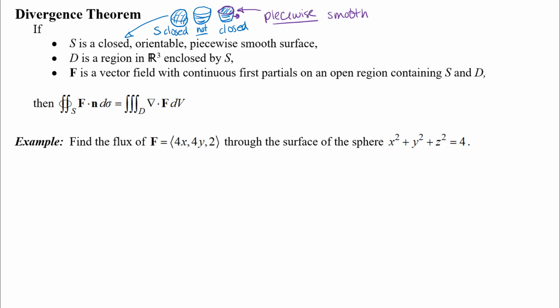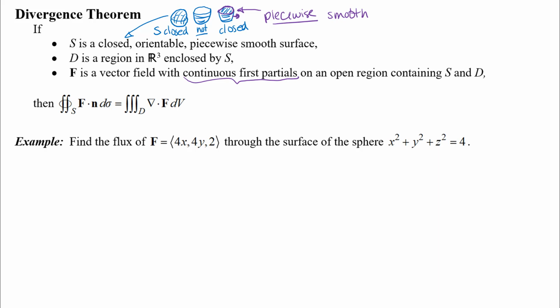D is a region in R3 enclosed by the surface S. So we need a closed surface. D would be the region inside that surface. F is a vector field with continuous first partials on an open region containing S and D. So as with most of the theorems we've looked at in this chapter, we need continuous first partial derivatives of